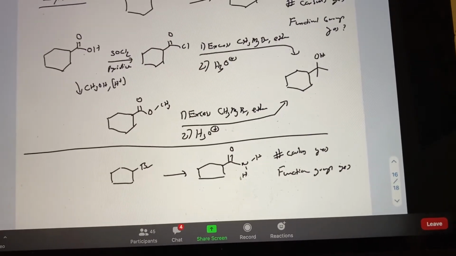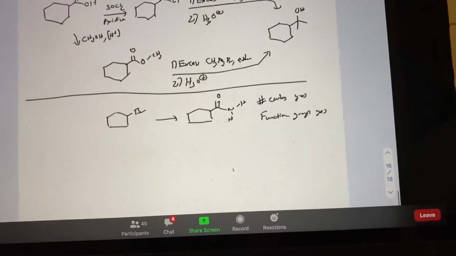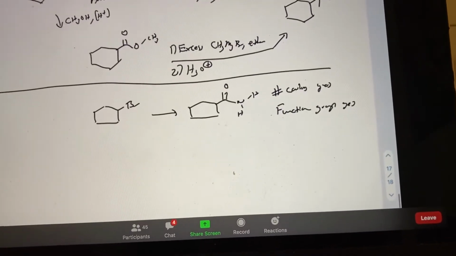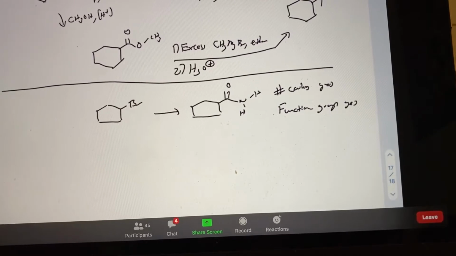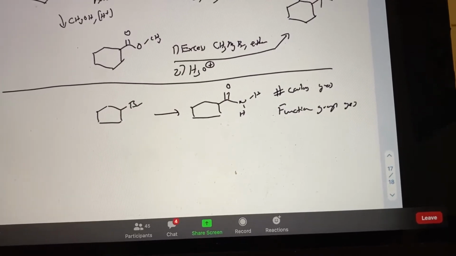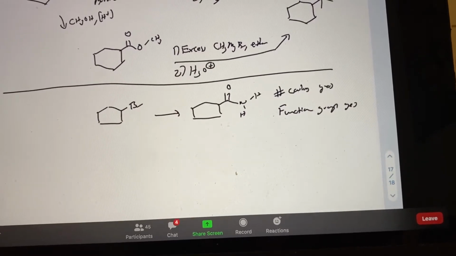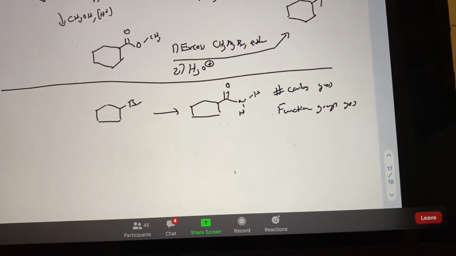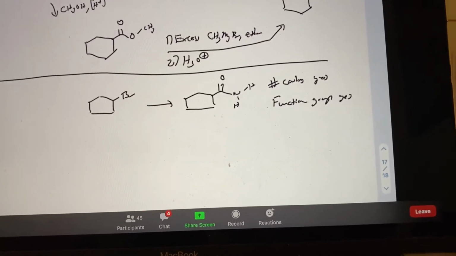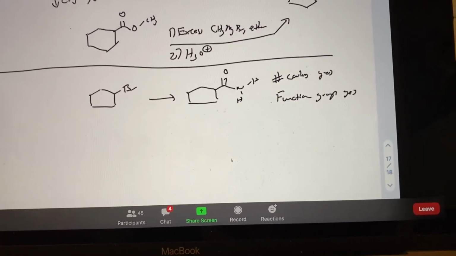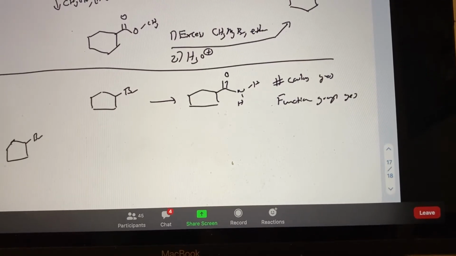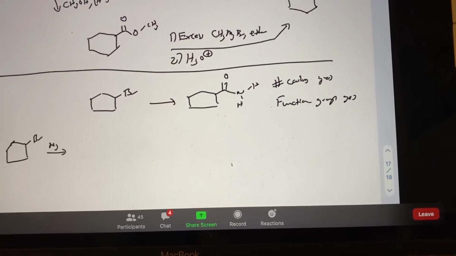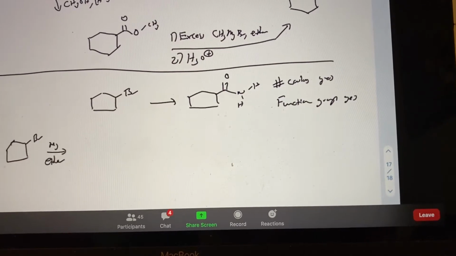So I chose this one because it brings up a topic that is quite useful in these sorts of transformations. Because we added one carbon. So this carbon here of our amide that we've added. And if we're starting with something like an alkyl bromide, it seems like a good way to add that one carbon. There's two. One is we could use the nitrile like we were just seeing earlier, or this reaction with the Grignard reaction. So let's first convert this to a Grignard reagent,